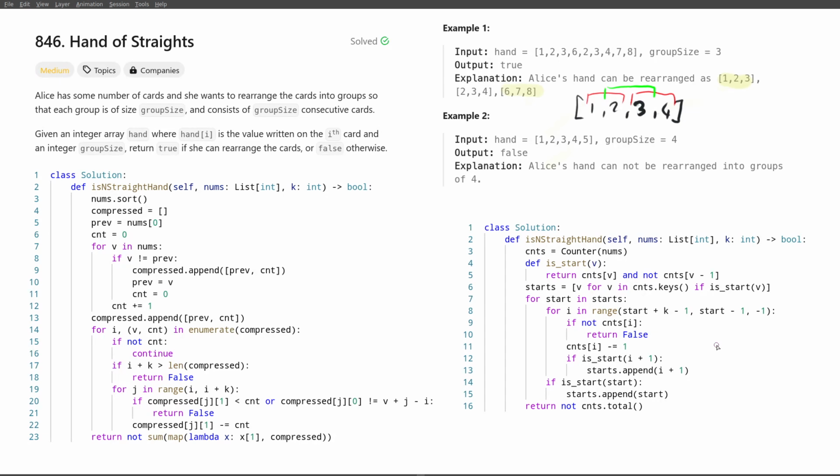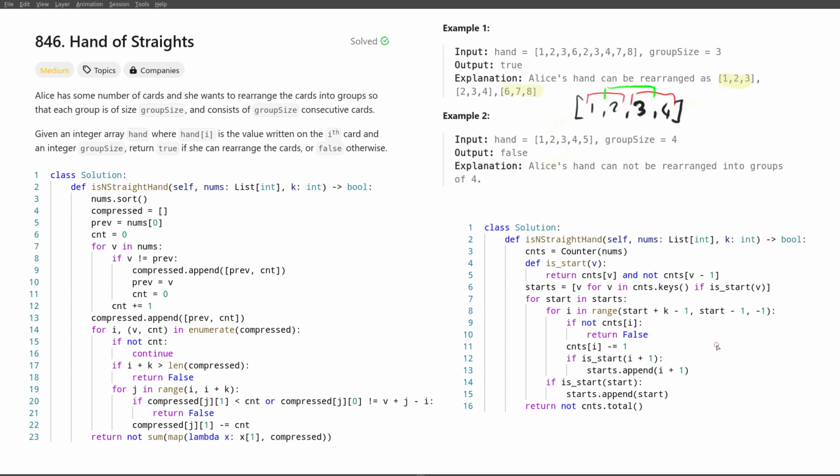By the way, we also have to make sure, for instance, if we start to create a group starting at the number 7, that we do not traverse the whole original array in order to create that group. We have to do something faster. And if we can create a group in time proportional not to the length of the original array, but to the group size, then this will be okay, because we will in time proportional to group size create a group